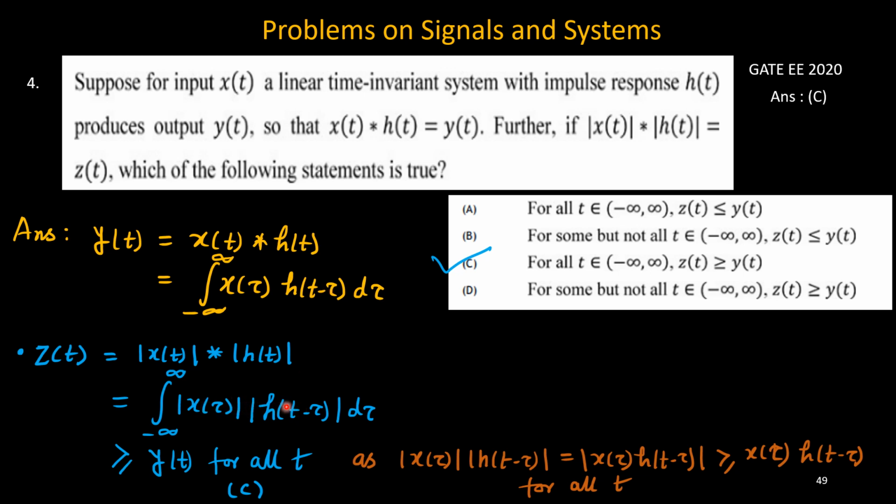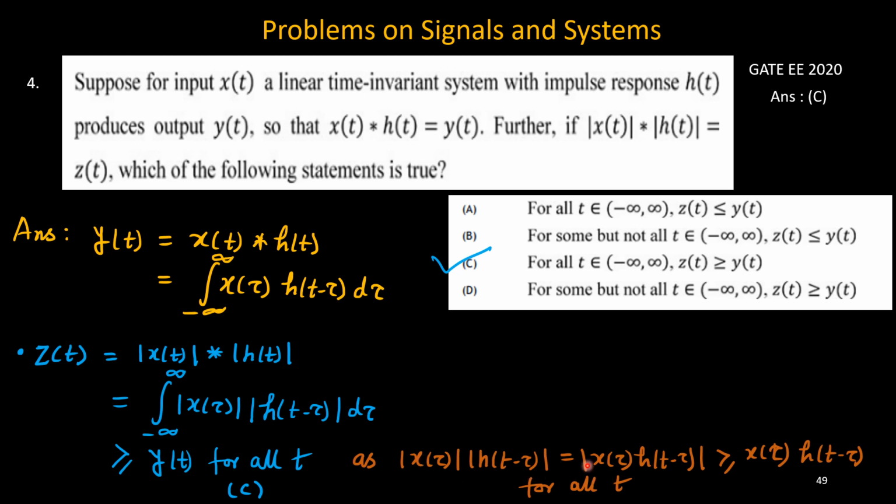So if I consider same function, same magnitude, but always positive, if I multiply these two and then integrate, they will not cancel each other. Every time it will grow only. So you will get more area under the curve, because mod of x of tau and h of t minus tau,